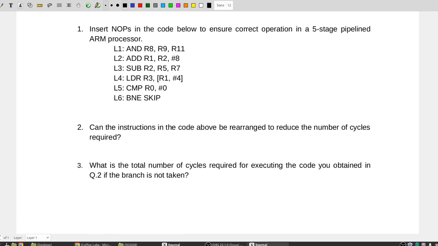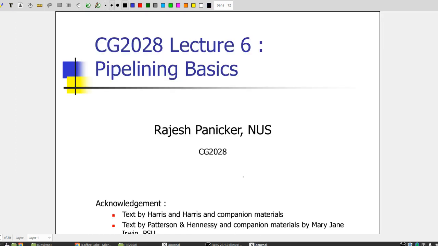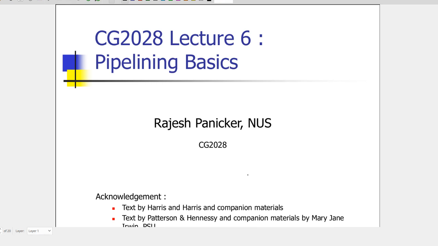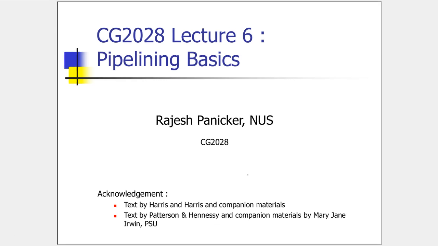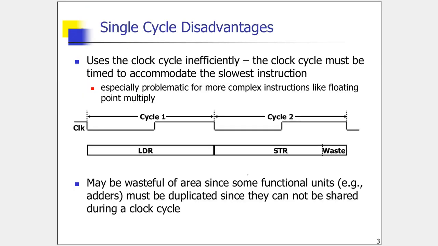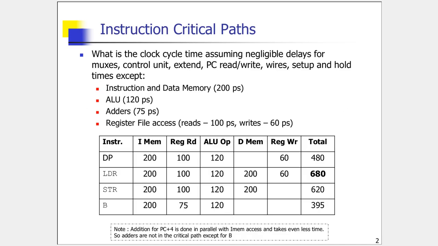Okay, now this last chapter is about pipelining. Probably the toughest chapter to understand or fully appreciate, though it's not too difficult to get some appreciation. So we had seen that in the single cycle processor, you had your load instruction, which was taking the maximum amount of time. And here I have given some rough numbers to give you an idea of how much of a performance degradation your processor encounters because it has to accommodate the load instruction.